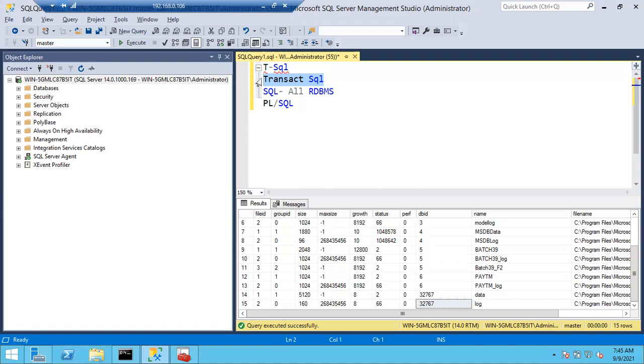The SQL language mainly helps you to communicate with the databases. Databases don't understand English, so we have to give a separate query to complete our work. That separate query will be written in T-SQL language for SQL Server. For Oracle, it's PLSQL. That's why if you see Oracle and T-SQL, almost all concepts are the same, logics are the same, some of the keywords are also the same, and most of the syntax is also the same.